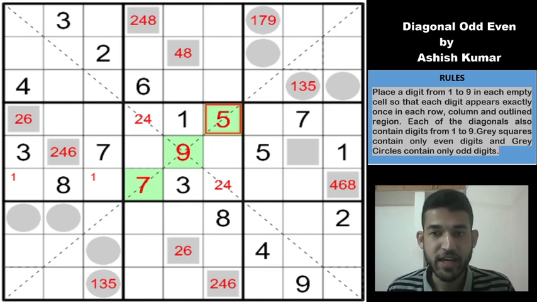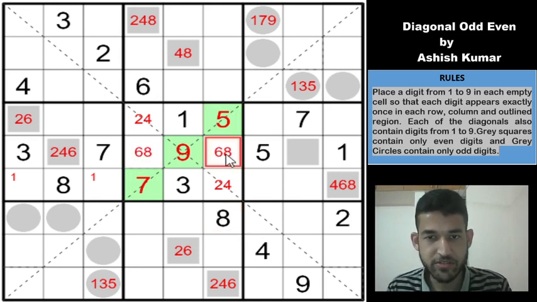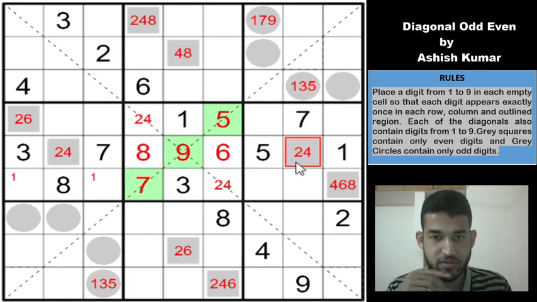I don't think there is any other start to the Sudoku other than deducing this fact that you need 3 odd digits common between boxes 3 and 7. In the final solution you will see that there are exactly 3 odd digits which are common between this box and this box. And because they are outside the lines, they must be present in these 3 cells. Nice, really nice Sudoku. So remaining digits are 6 and 8. 8 is ruled out, so this is a 6 and this is 8, which means this is not a 6 and this must be a 2 4.